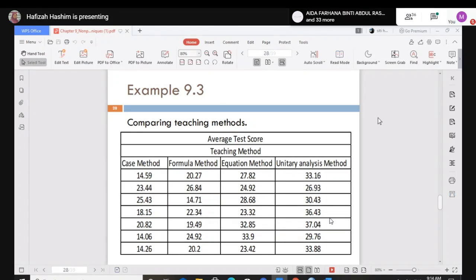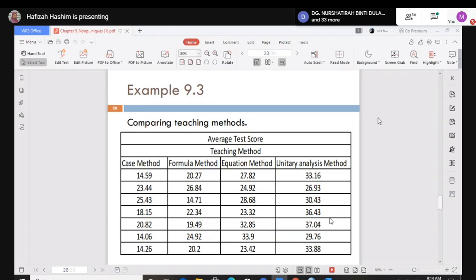And then, you know how to key in? Teaching method, we have 4 values. Yes, and then you assign it as case method, formula method, and so on. And then how about the average test score? Which one is the average test score? 14.59 and so on. Right, those are the values of the average test score.